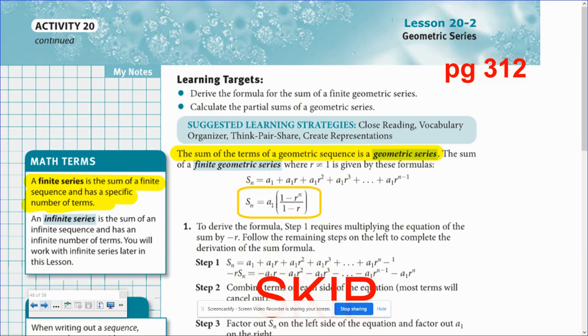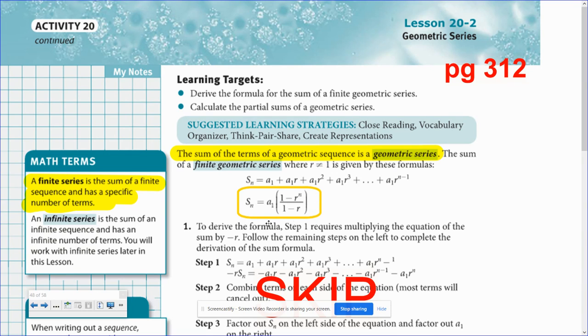So we're going to be doing series today, right? The sum of the terms of a geometric sequence is called a geometric series. Now, if you know all the numbers in that series, then you can add them up. But if you don't know the series, then we're going to have something called a finite series, where we're asked to find the series of a specific amount of terms. So if you don't know all the terms in that series, what you have to do is use this kind